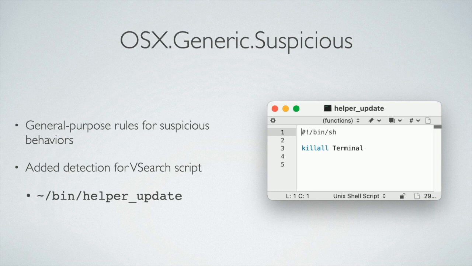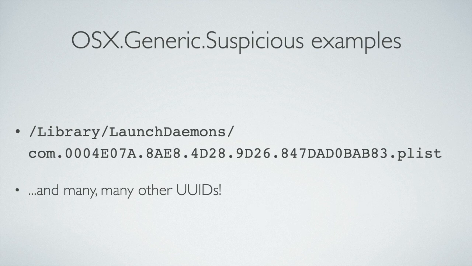So that's one new thing we saw this year. But in the past with this one, here are some of the things we've seen. And you'll notice there's a trend. Most of the things that we are detecting with this are all launch agents and daemons. So we see a whole bunch of these where it's a launch daemon with this weird com.uuid.plist form. You can scroll through our data and see tons and tons of different UUIDs.